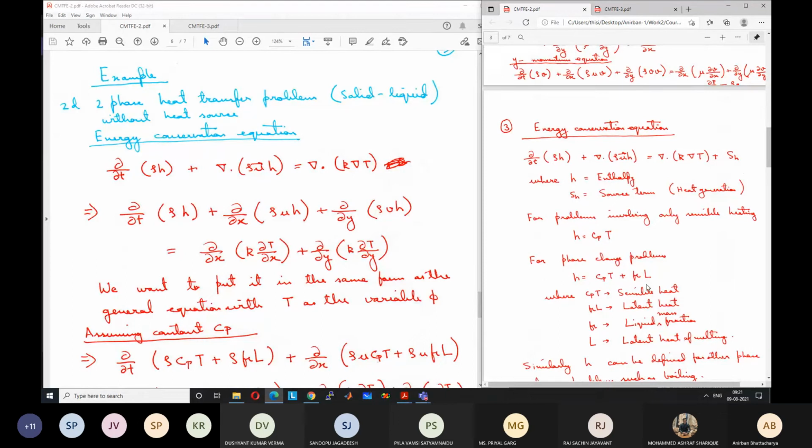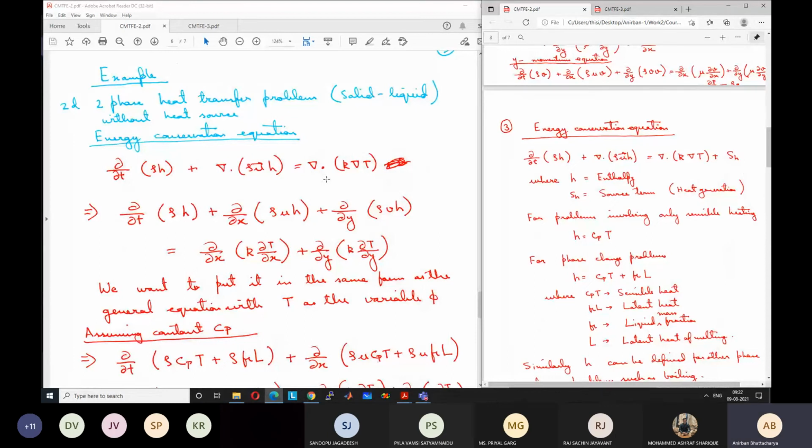So based on the energy balance, the governing equation comes out in this form. This can be easily derived if you take a small control volume and do the energy balance: how much energy is there, how much it is changing with time, what is the energy coming in with the flow, and what is the energy coming in due to conduction. By doing all the energy balance, you will be able to derive this equation.